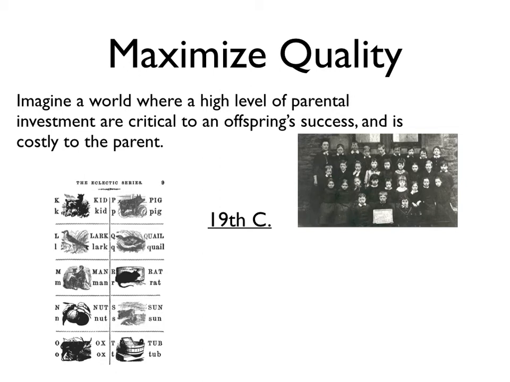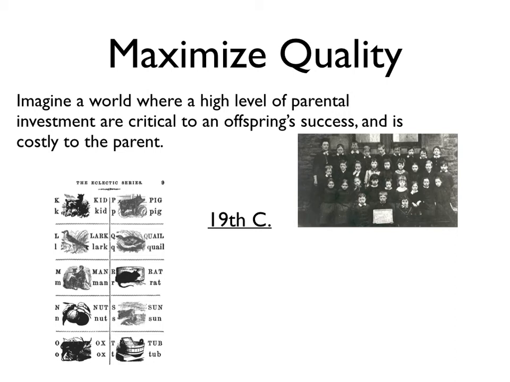Are people maximizing quality? Well, a lot of these countries started going through the demographic transition in the 1700s and 1800s, so the 19th century. And this is a time in Europe of industrialization. It's a world where high level parental investment is critical to an offspring's success and is costly to the parent. So we see novel